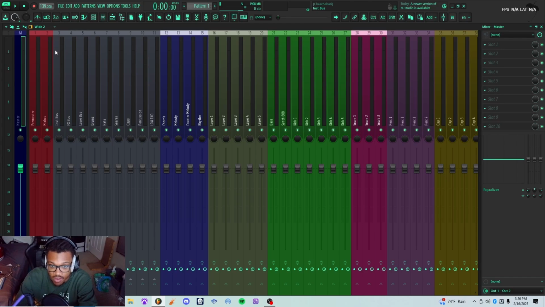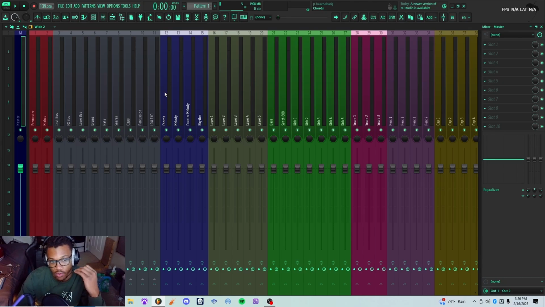So first we have buses, aux, sends. They're all the same thing, they just have different names, and this will instantly make sense of what you're looking at. So all the blue tracks go to the instrument bus. All the layers go to the layer bus. All of these different drum sounds go to the drums, and then, for example, all of the green ones are the low end, and so on and so forth. So everything is just grouped basically,